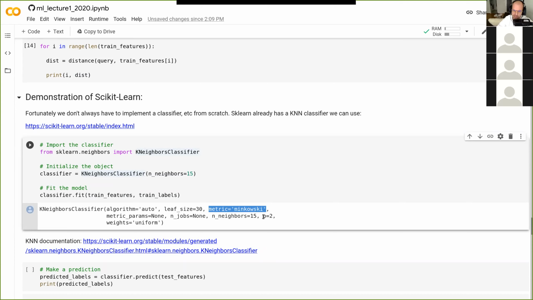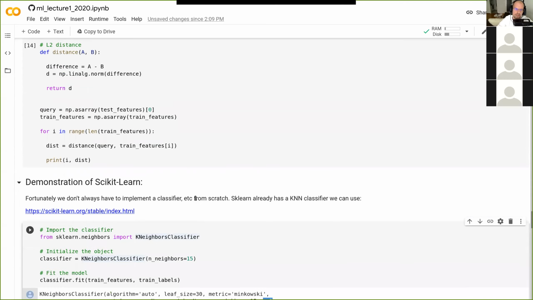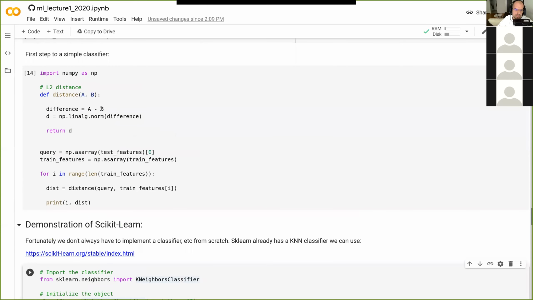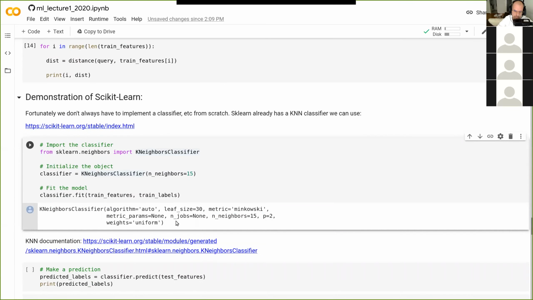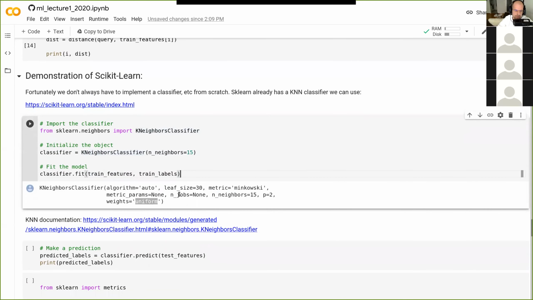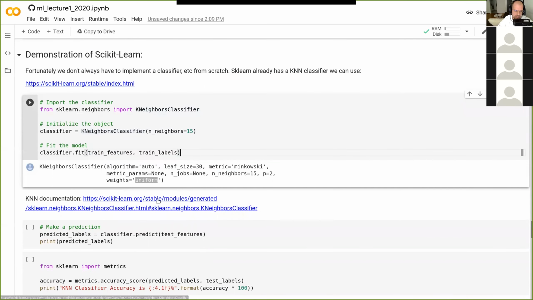That's how you calculate the distance. The Minkowski distance with p equals 2 is just the L2 norm, so just the norm of the difference between 2 points here. And also weights equals uniform. You can put higher weight on certain data points to weight those more. But take a look at the documentation down here if you want to tinker with these numbers yourself, and see how you can make a better classifier maybe out of this.